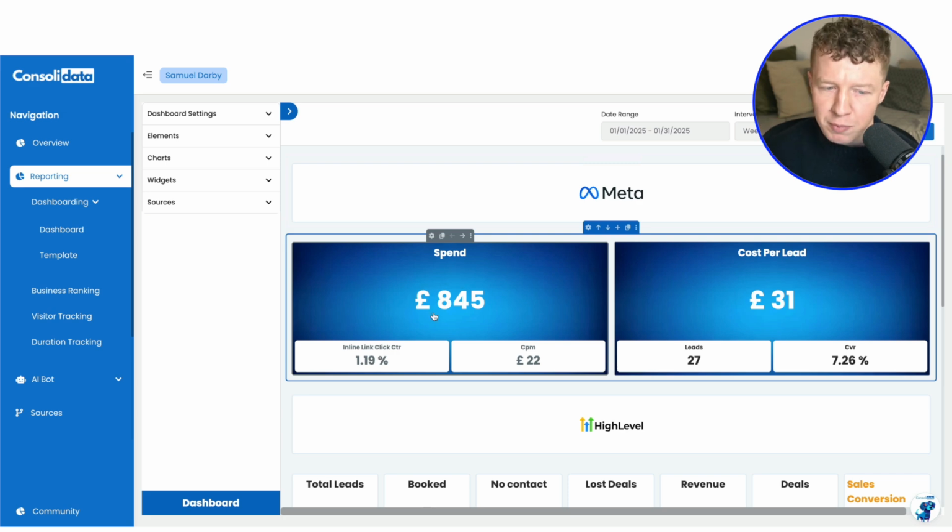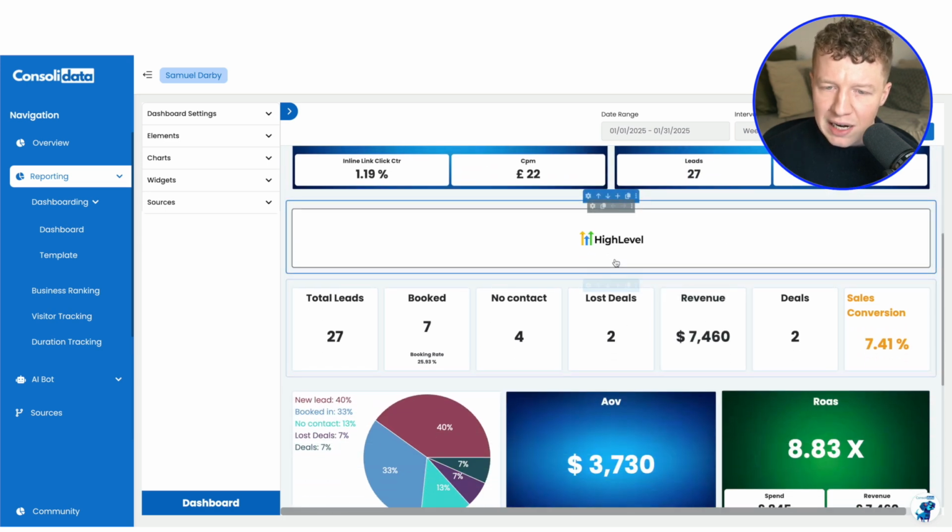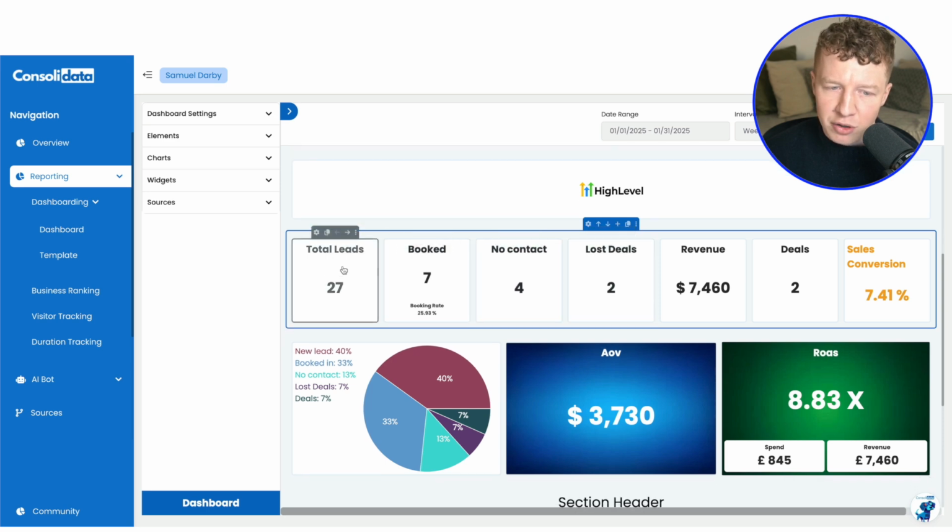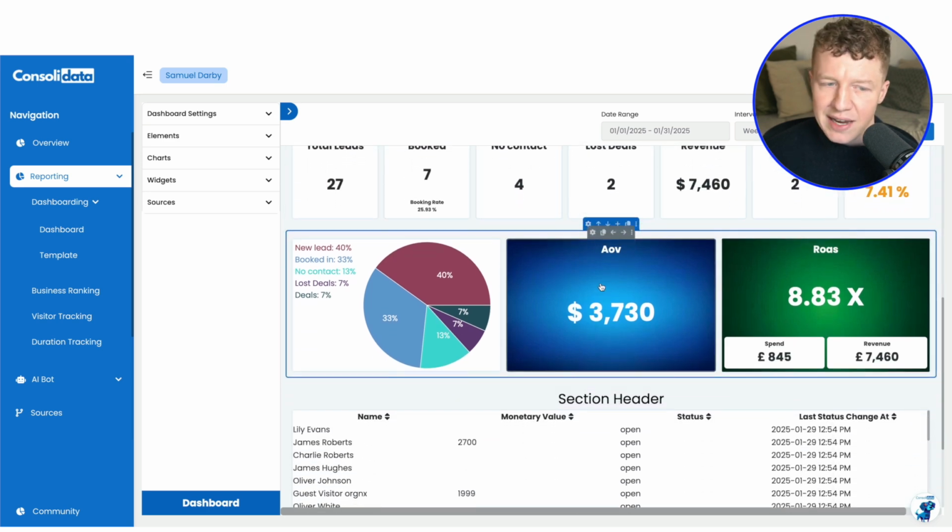I've got my overall spend, and in there I've got my CTR and my CPM, and I've got my overall cost per lead, and in that I've got leads and I've got conversion rate. And if we scroll down, I've got my high level section here, where I've got my total leads booked, no contact, lost deals, revenue, all of that information. I've then got ROAS, AOV, and a chart to show the percentage of leads and where they're at within the